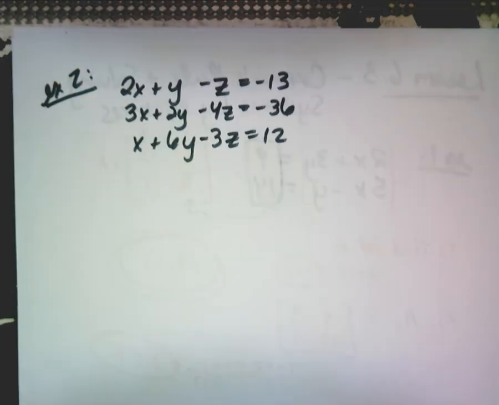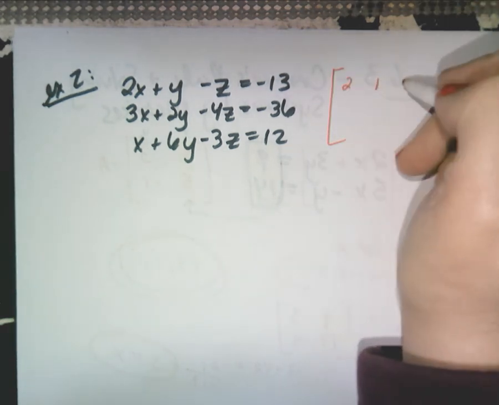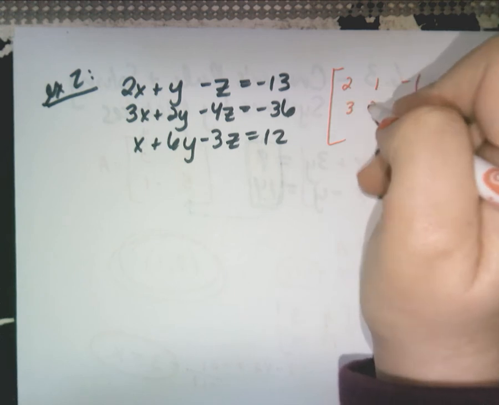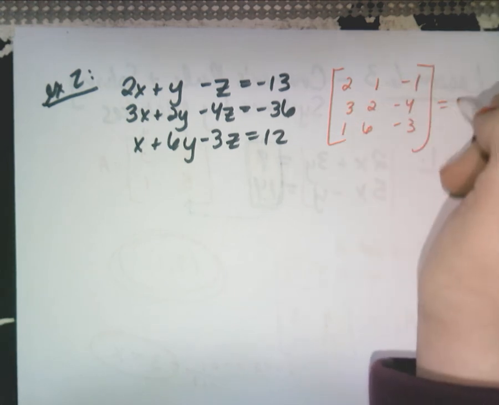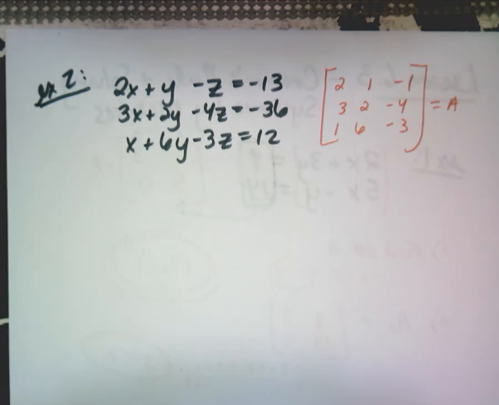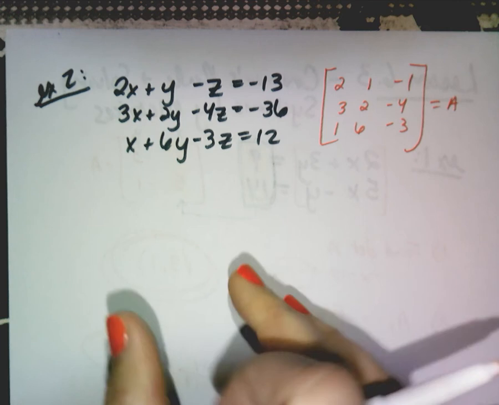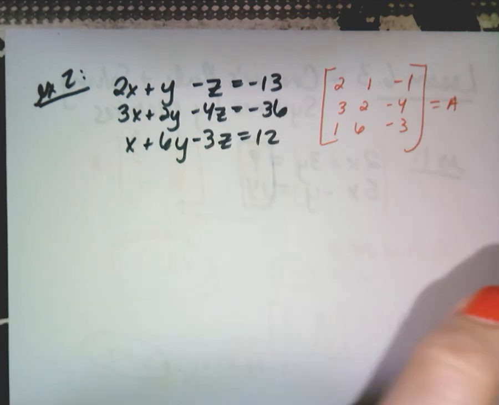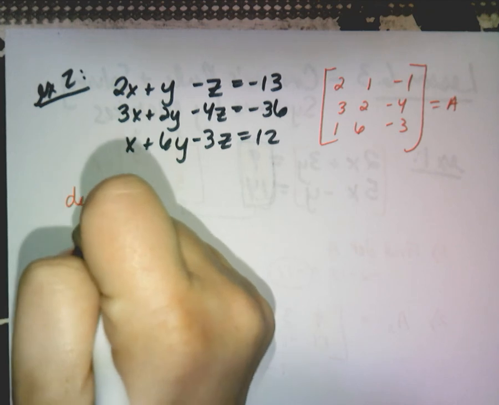Okay, so your matrix A would be what? 2, 1, -1, 3, 2, -4, 1, 6, -3. Correct. Okay. The first thing you have to do is find the determinant of A, of that matrix right here, without the equal part replaced into it. So you would say, okay, the determinant of A,